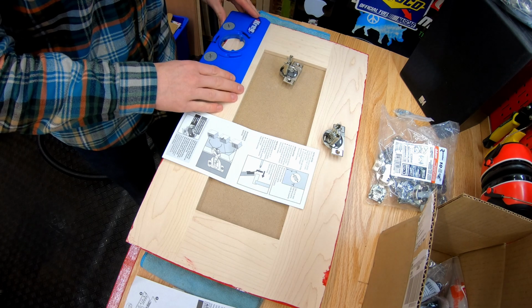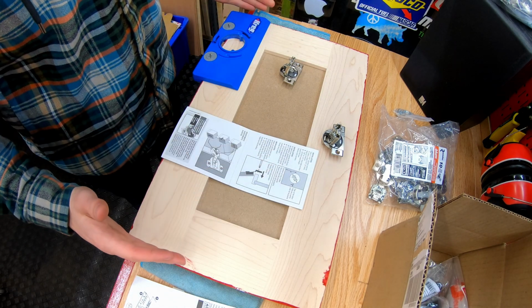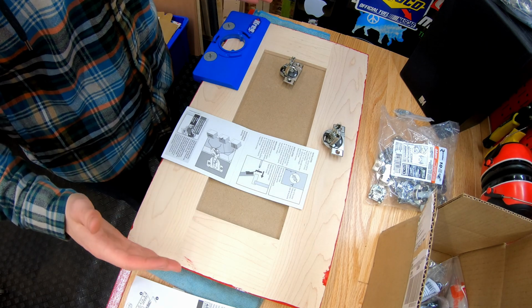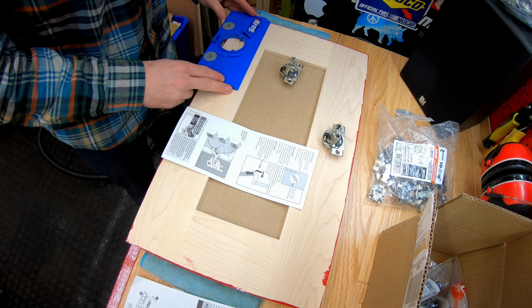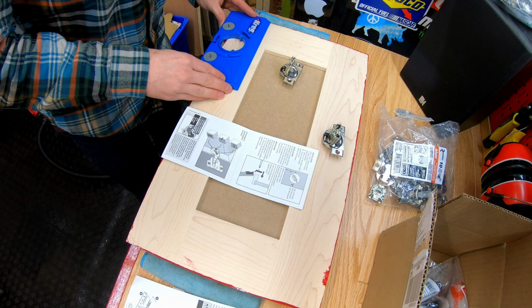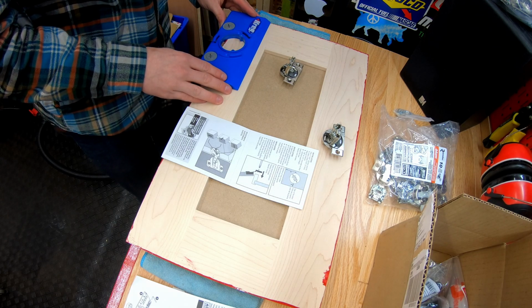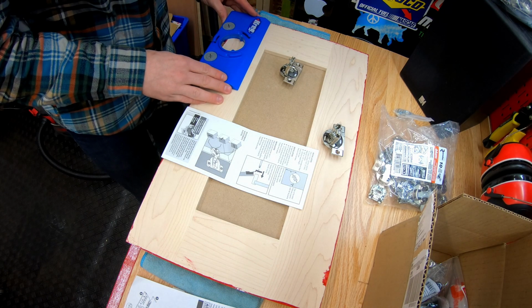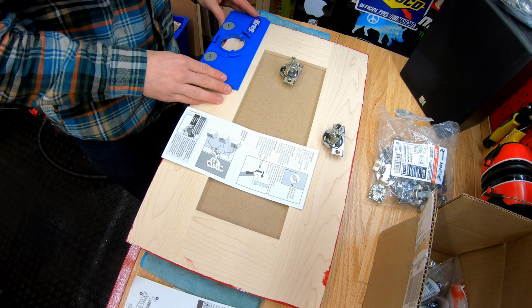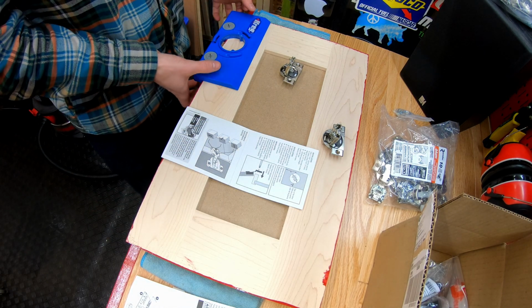So set those guys to 4, and then on the hinges here it says to go from a fifth of the door height in from the top or bottom of the door. So I've measured the door, it's about 20 inches, and this actually works out perfectly because the center of this to the edge of this is 4 inches. So all I have to do is go flush on this side, on the top and bottom when I'm doing that. So I'll clamp these guys down